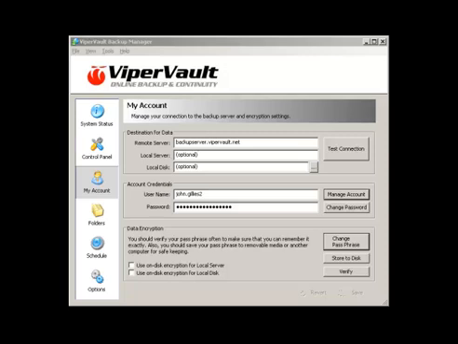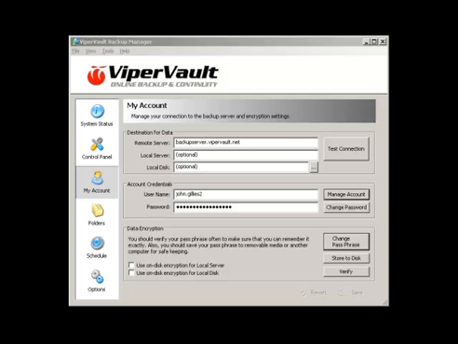We've already gone through how to create a user account on the user portal, and that's the first video. The second video was going through setting up your special passphrase for having your data encrypted. Now I'm just going to take you through the final part, which is adding some files and folders, such as some critical data or maybe your My Documents folder, to the ViperVault client so that it can then get backed up